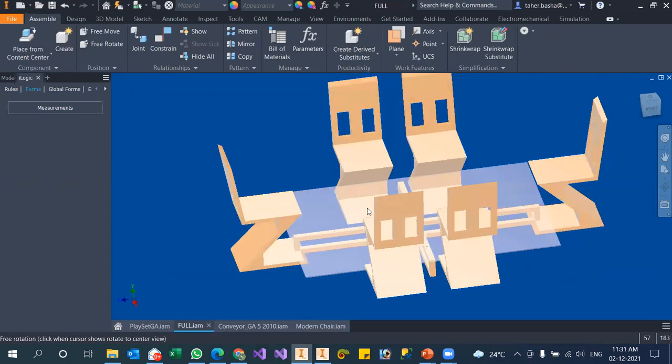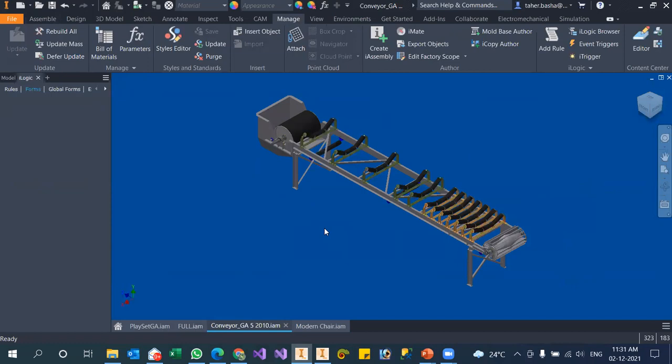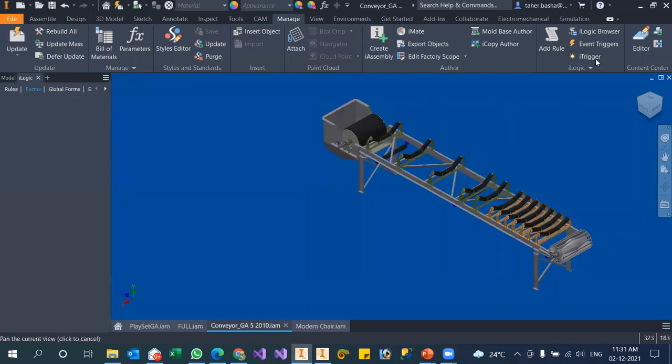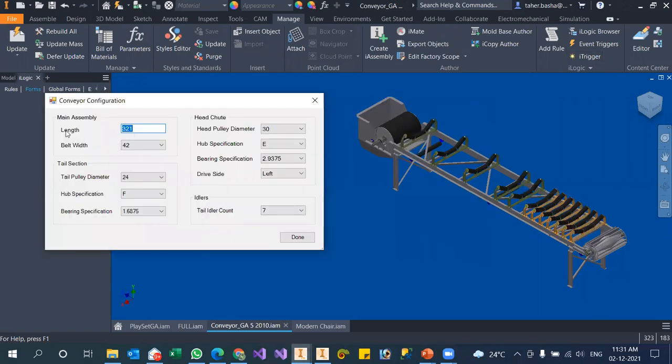And now let us go for the biggest model, I mean a bigger model. People may think iLogic is only for simple models or simple components. No, it can be more than what we think. So let us go for iTrigger. It will trigger and bring me this user interface. Here I can change the dimensions of this component quickly, like length and belt width.